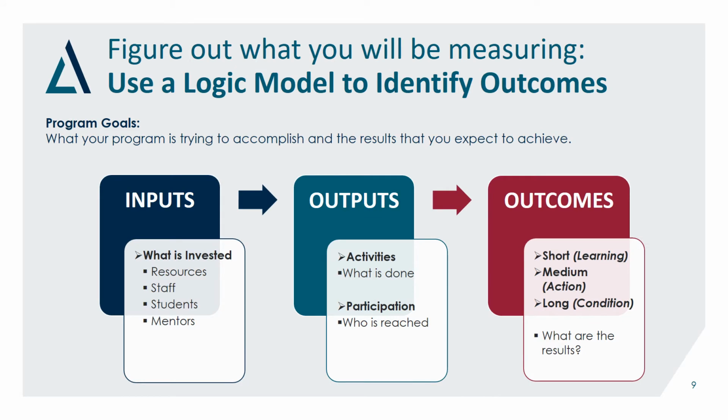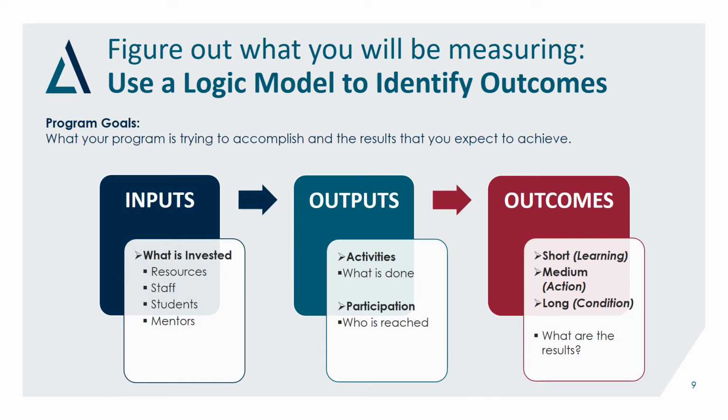The third step is to figure out what you want to measure in your program. Your program's goals, objectives, and intended outcomes are the backbone of your evaluation. To learn more about these topics, please watch the Access Lex webinar titled Key Components of the Application. In that webinar, you'll learn more about each term and see examples used in diversity pipeline programs.